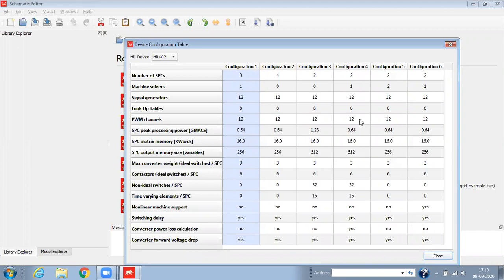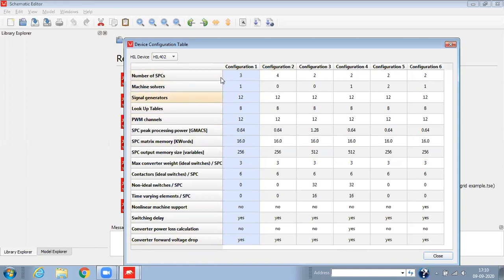Like here in configuration 4, you have the option for converter power loss calculation, which is only available in configuration 4. So if you are working in the area of calculating converter power losses, you need to choose configuration 4. Otherwise, you have to select the configuration depending on the complexity of your system.